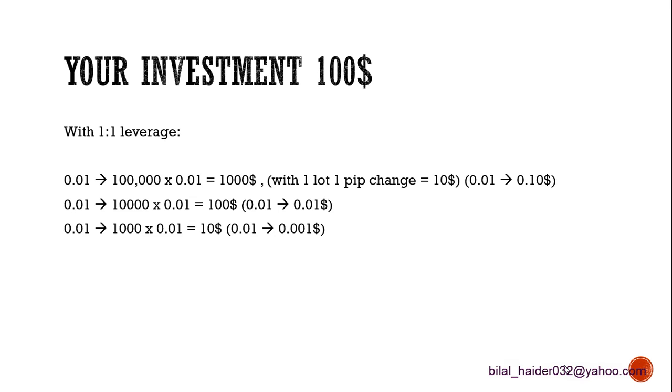With 0.01 lot, your one pip change will bring 10 cents profit or loss. This is simple. One lot equals $10, 0.5 lots equals $5, 0.1 lot equals $1, and 0.01 lot equals 10 cents. So now you have to understand that if you have $100 investment and you are on a